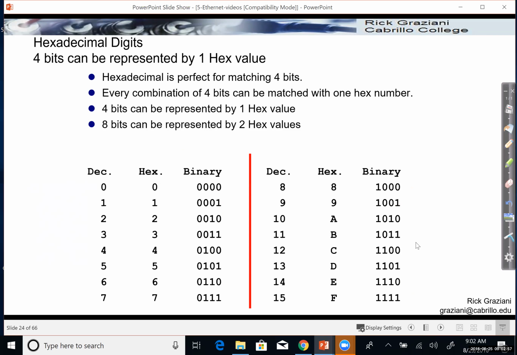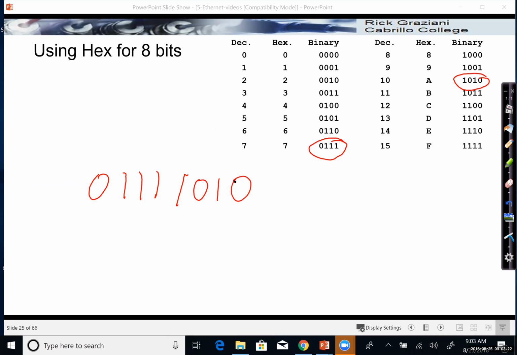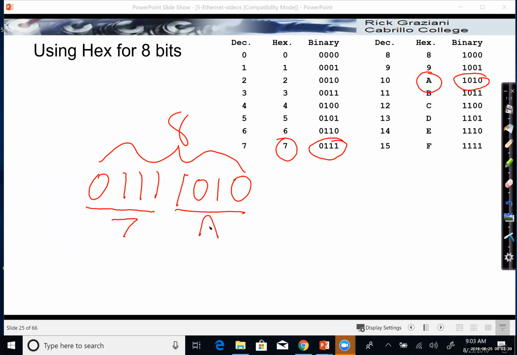Okay, so I've mentioned that we can represent any 4 bits with 1 hexadecimal digit. What if we wanted to do 8 bits? It's very simple. If I wanted to represent 8 bits, let's say I have 8 bits. These are my 8 bits. I'll do these 8. So 0, 1, 1, 1, 1, 0, 1, 0. If those are my 8 bits, I can represent it very easily with 2 hexadecimal digits. Just divide it in half. Okay, that's a 7. And this is an A. It's that easy. So let me just randomly write out